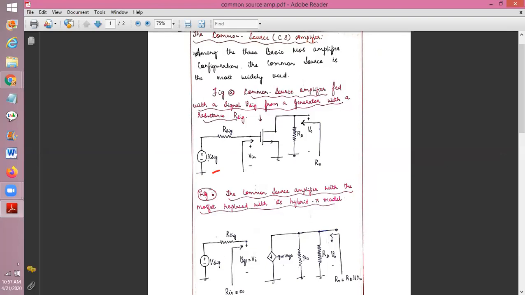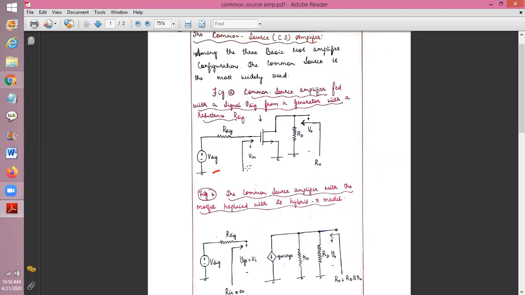Suppose I am giving 5 volts here. That 5 volts is entering here. Now for a MOSFET, there will be a gate resistance RG, which I have not shown. You can draw it in pencil in your booklet. The drop across that RG is V in. I will connect the drain resistance RD at the drain terminal, and the other terminal is grounded.